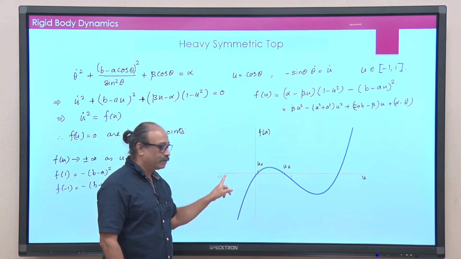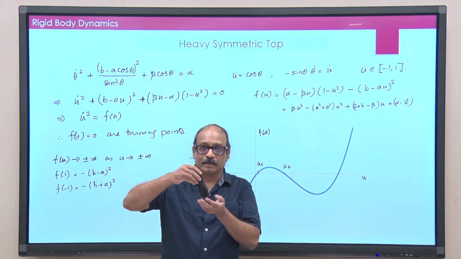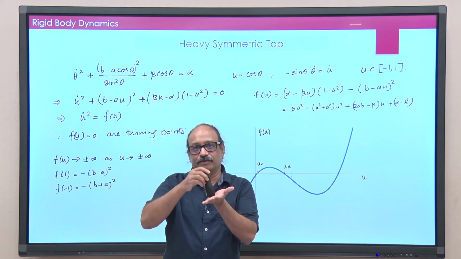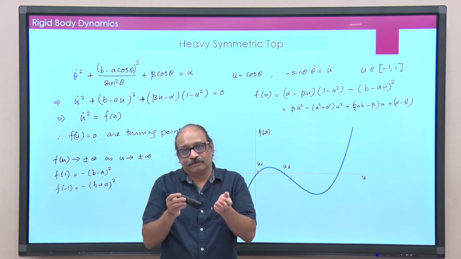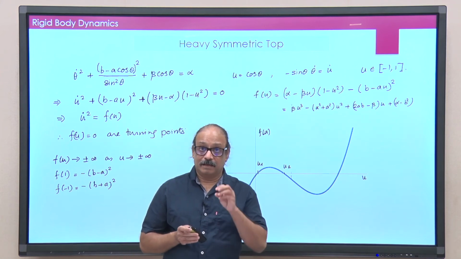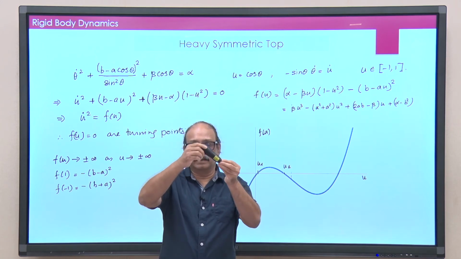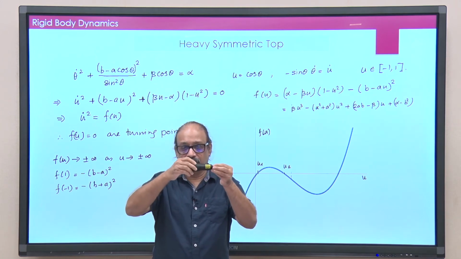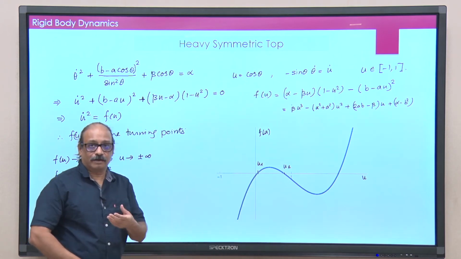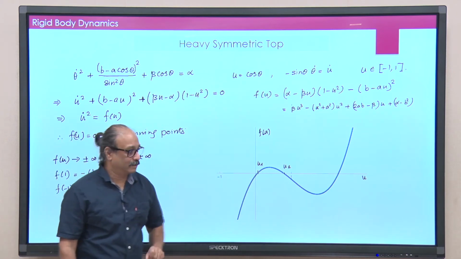These two could be on the negative side too, which means normally we are used to looking at a top which is on the ground, which makes an angle with the vertical which is usually smaller than pi by 2, because when it becomes pi by 2 the top touches the ground. Okay. But if you are looking at a top which is only suspended from one point, it can actually go below the pi by 2 point and it also can hang. But normally when we talk about symmetric top we do not look at that, but this is possible. Okay. So, keep that in mind.